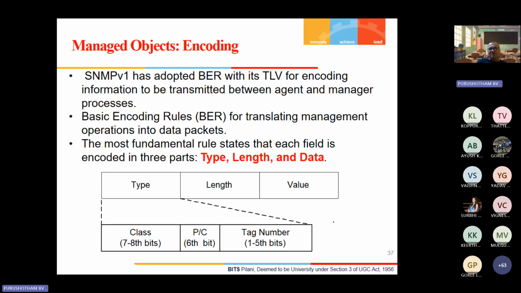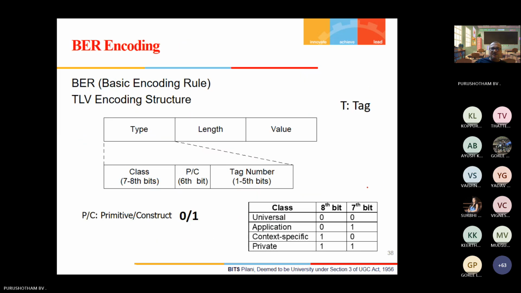This needs to be transmitted between the agent and the manager process, meaning type, length, value. The type will again have 7 to 8 bits: class, whether P or C, then the tag number. P/C stands for primitive or constructed.